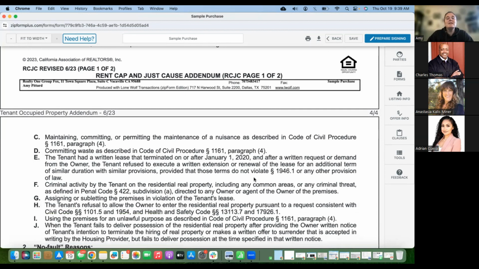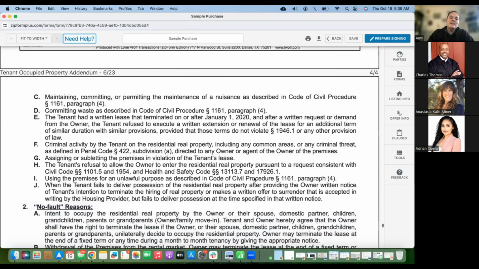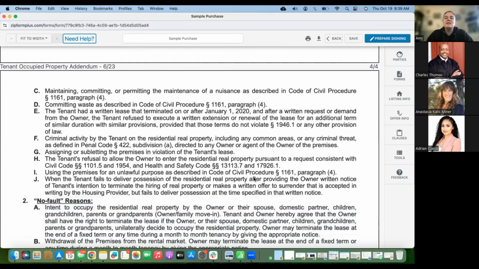The tenant had a written lease that terminated on or after January 1st, 2020, and after written request or demand from the owner, the tenant refused to execute a written extension or renewal of the lease for an additional term of similar duration with similar provisions, provided those terms do not violate 1946.1 or any other provision of the law. Criminal activity by the tenant on the residential real property, including any common areas, or criminal threat as defined in Penal Code 422 subdivision A, directed at any owner or agent of the owner of the premises; assigning or subletting